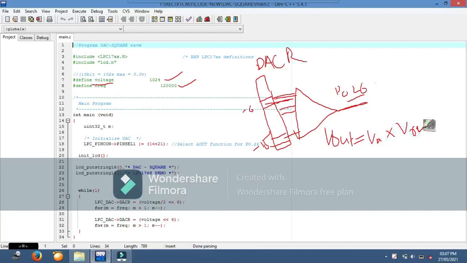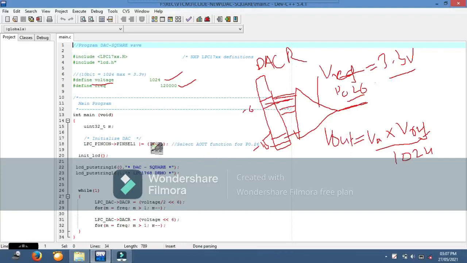V reference is the reference voltage we are applying, which is usually 3.3 volt, divided by 1024, because it is 10-bit resolution. 1024 is the total number of input combinations we can apply, right? This is what we are getting at the DAC.